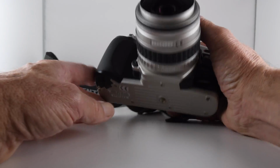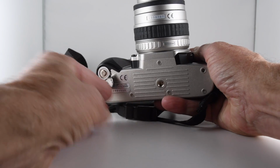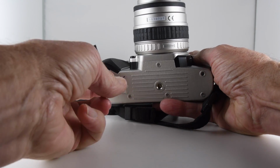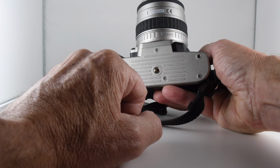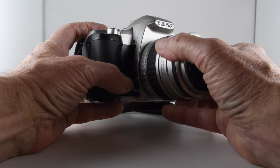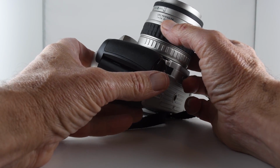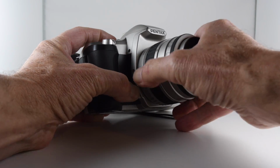So the camera requires batteries to operate, and they're housed in the little door here. Two CR2 batteries, and then just turn that. Tripod mount at the bottom there, and then our lens mount is the Pentax mount, and I've got a Pentax FA lens here. To take the lens off, we just depress the lens button,